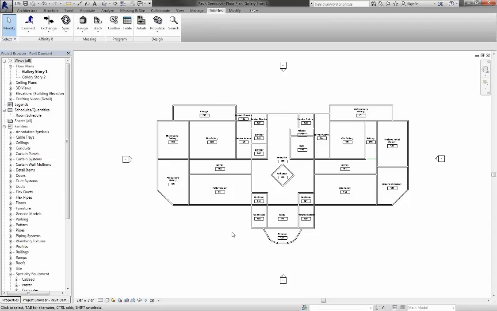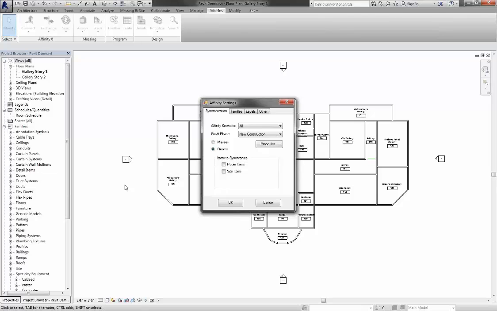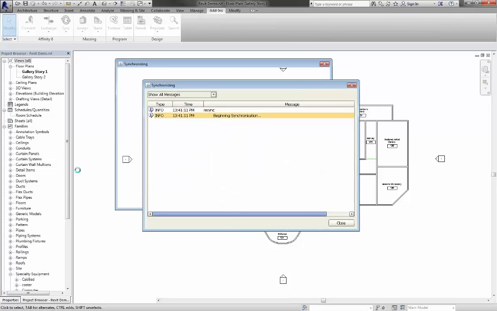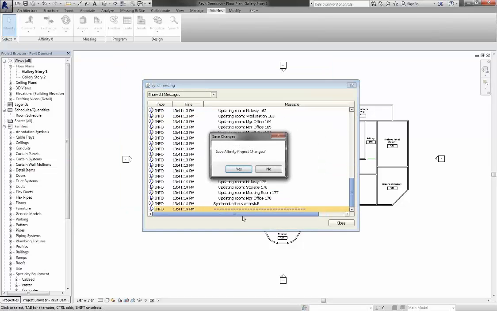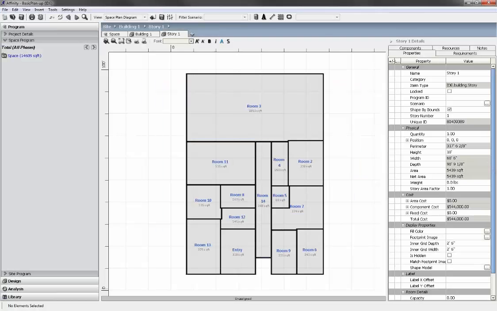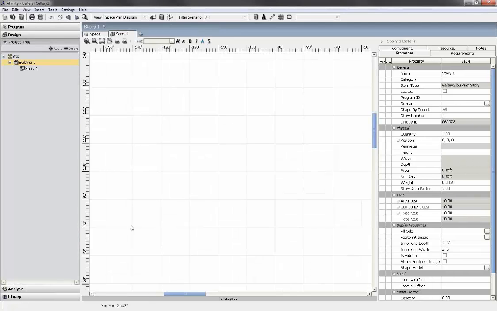And what I can actually do is generate an Affinity model, much like what you saw with the SketchUp, based off of that Revit model. So all I have to do is sync it and go design to Affinity, and it's going to take just a couple of seconds here. And what you'll see is that it's creating floors and rooms, and it will actually create a basic generic model back in my Affinity file. So let me pull up that correct file,